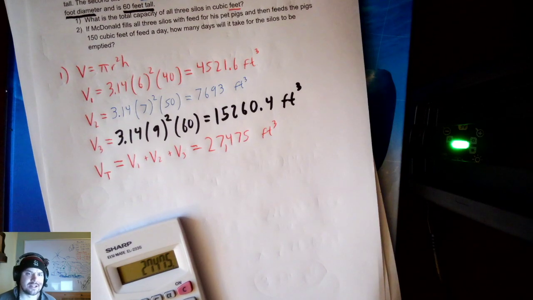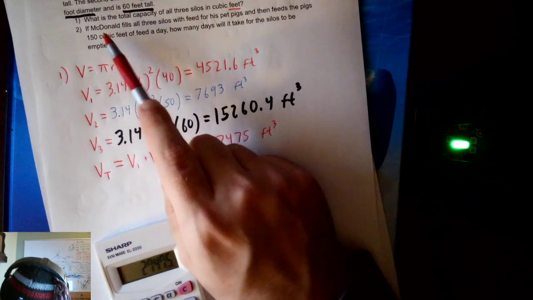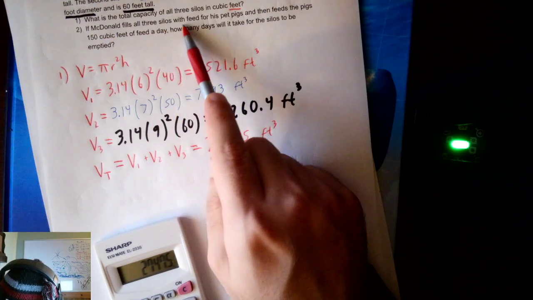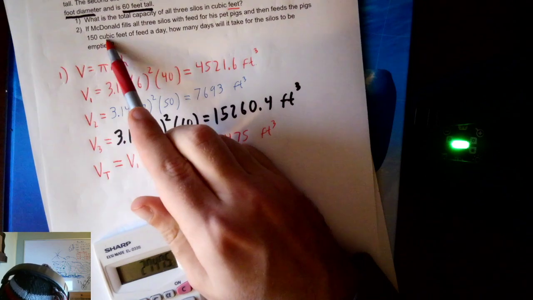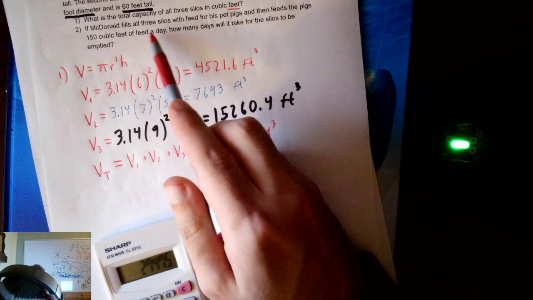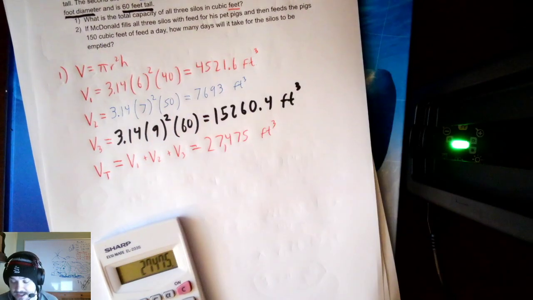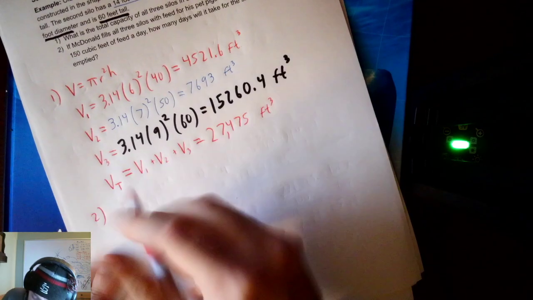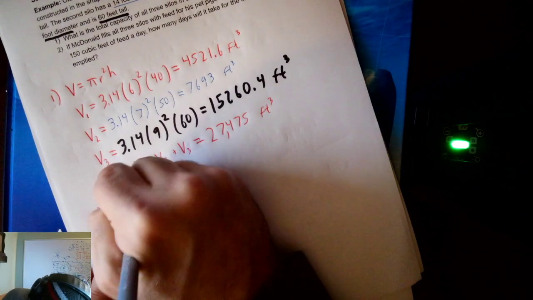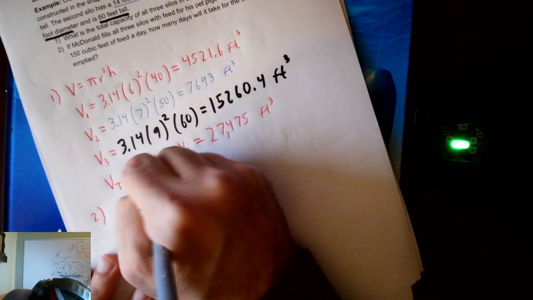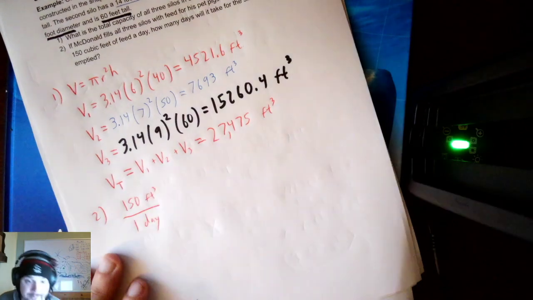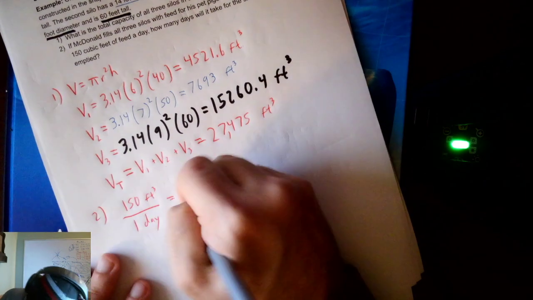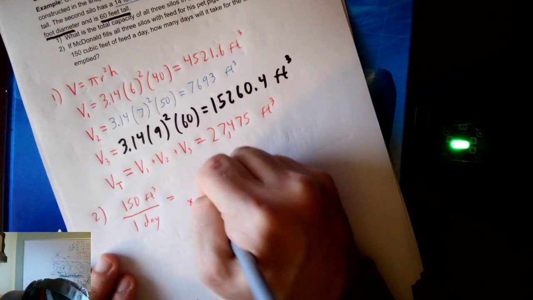Now, we haven't looked at the second part. So, if McDonald fills all 3 silos with feed for his pet pigs, and then feeds the pigs 150 cubic feet of feed a day, how many days will it take for the silos to be emptied? So this is another proportion, right? It gives me a ratio. 150 feet cubed feeds the pigs for 1 day. Now, I'm asking about how many days